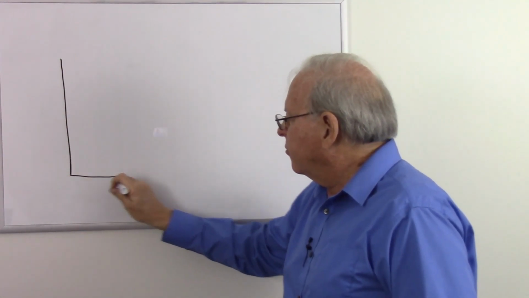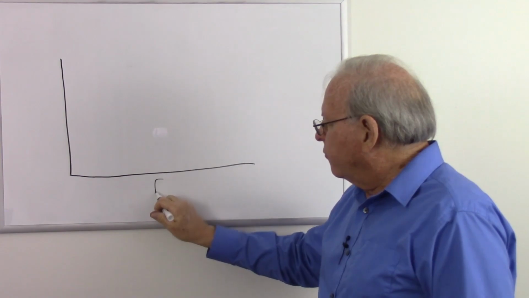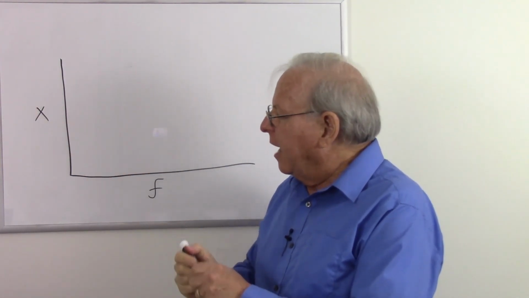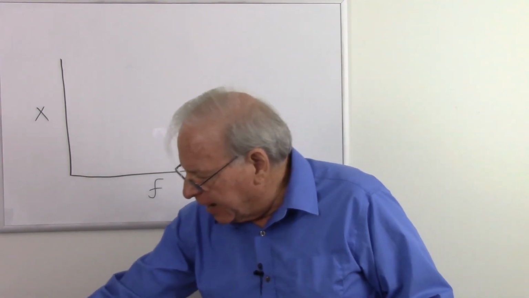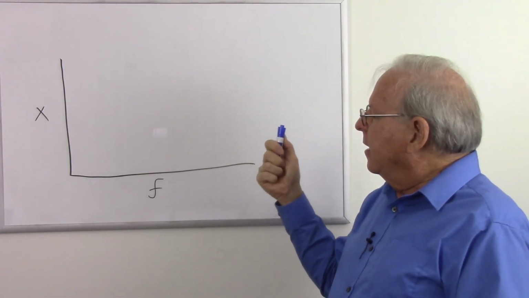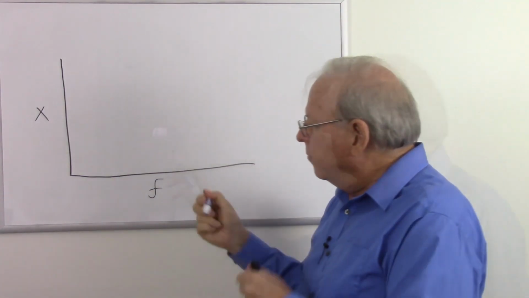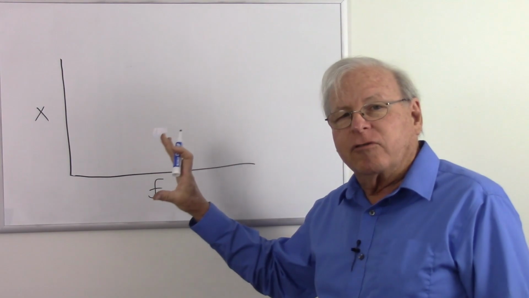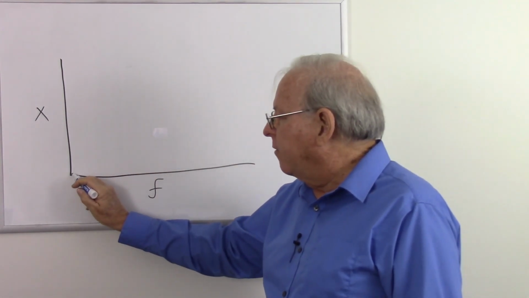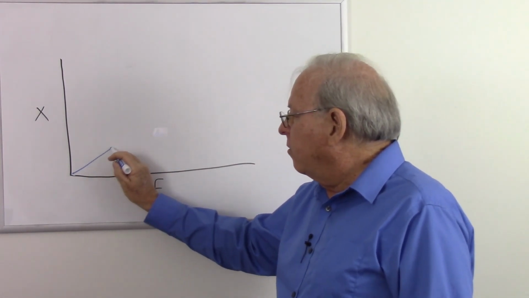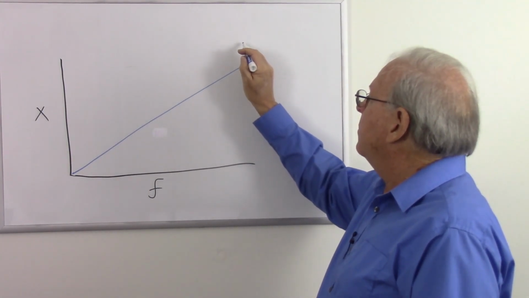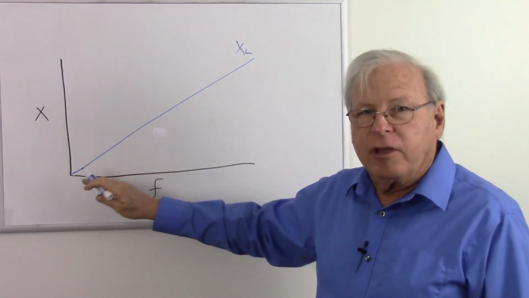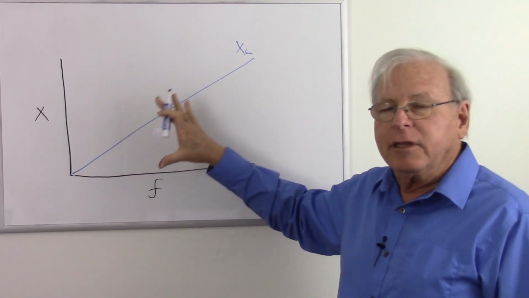So here is our scale. Our horizontal scale is frequency, and our vertical scale is reactance. So we have inductive reactance and capacitive reactance, and I'm going to draw the inductive reactance in blue. So at low frequencies, the inductor has very low reactance. It starts to look like a short circuit, so we start down here. But as our frequency goes up, our inductive reactance goes up. So there's our inductive reactance, and it is linear to frequency because we double the frequency, we double the inductive